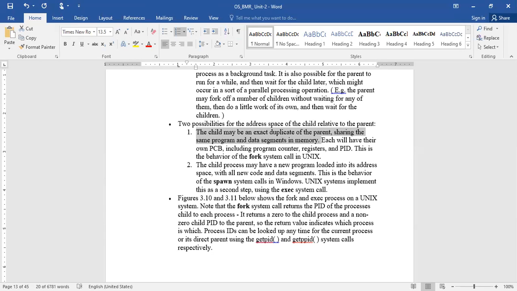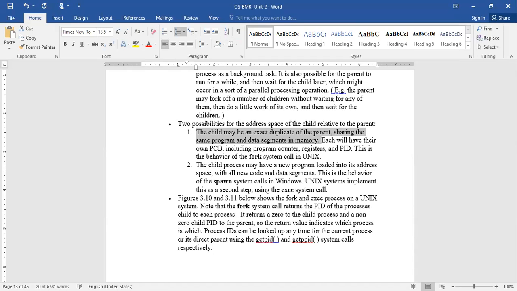That means both of them are using the same memory space, same CPU registers, same files, and same memory limit, but both of them are assigned two different process identifiers. So the process numbers are different, remaining all are the same.